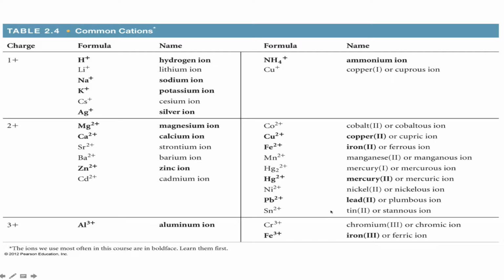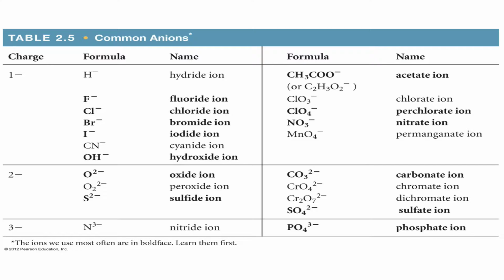Lead-2, tin-2, etc. Aluminum always exists in the +3 oxidation state, so the aluminum ion doesn't need a Roman numeral to indicate charge, whereas chromium-3 and iron-3 do. So those are the common cations. Now let's move on to the anions. The common anions: hydride. So that is hydrogen that's gained an electron as opposed to the hydrogen ion that has